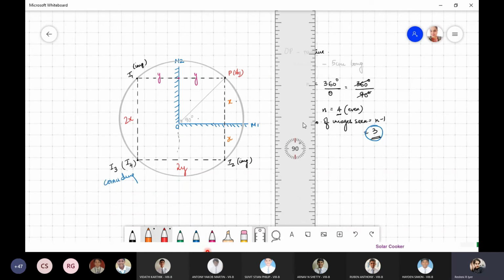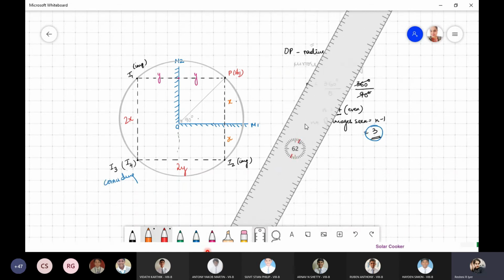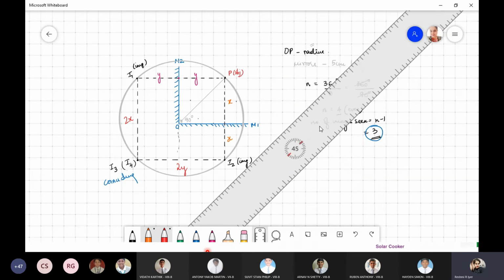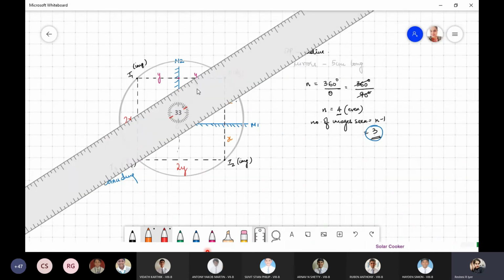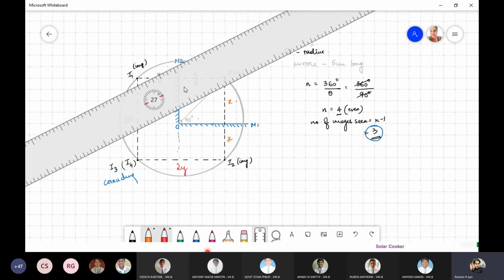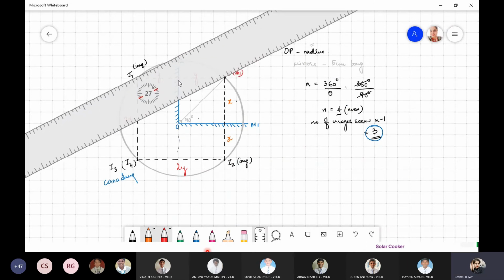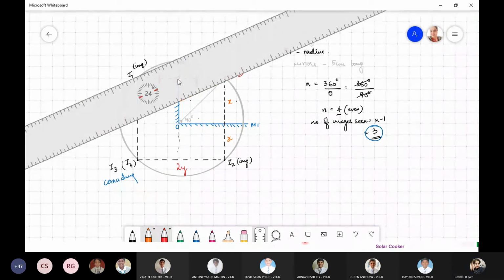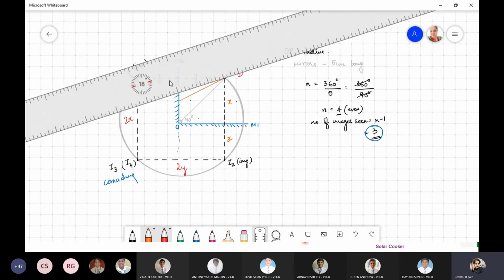Now we will show the formation of only one particular image. We will not show for all. So from P, we will show 2 rays hitting mirror 2. Is everybody clear? Why don't I draw all the rays? Tell me what is the reason. Else it becomes too crowded. It will be too congested. The concept will not be clear.